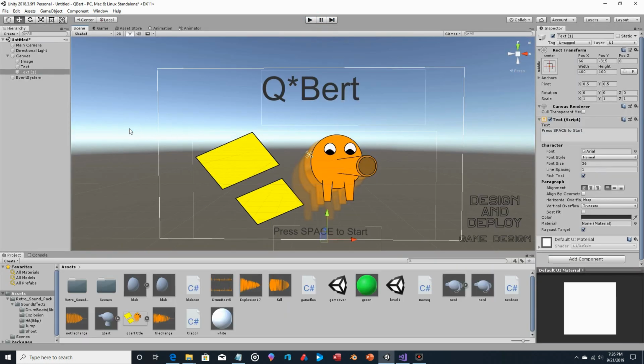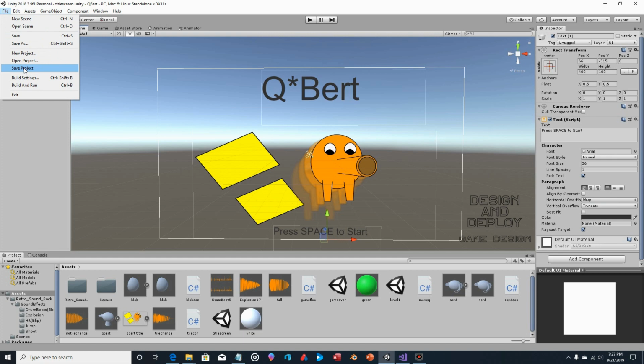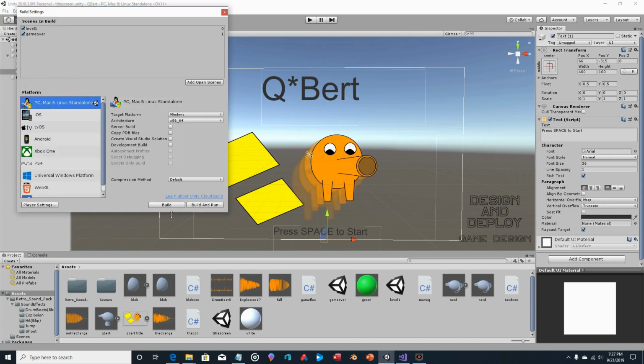Okay, so now we are going to save this, and we'll call it title screen. Let's now check for the pressing of the space button, and we'll use coding similar to what we used earlier to reload level 1. So we will go up to File, we will go to Build Settings, we will add the title screen, and in this case, we will put it at the